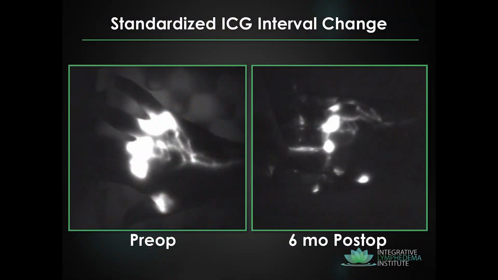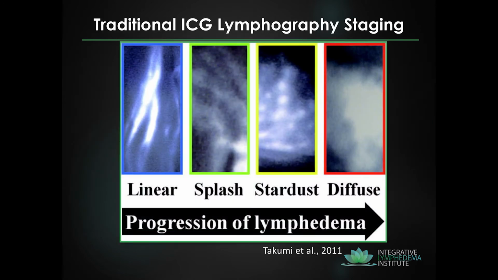And so it's really important. I can make it look like anything I want depending on when I took the picture. So how are you going to stage this patient? Injection sites and dosing are always critical, and so they should be standardized. Imaging timing is standardized, and I think it's really important to stage these patients. So these are pre and post-op images. I'm going to jump through that one just to go.